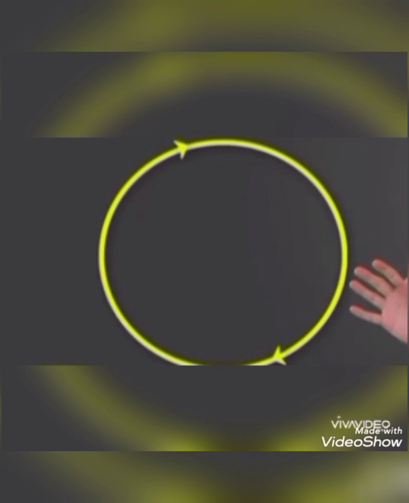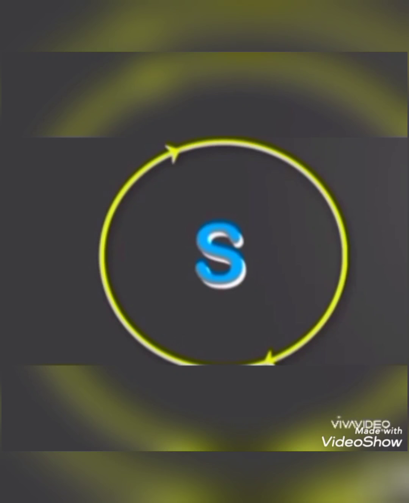Just like a coin has one side head and the other side tail, one side of a circular loop is the north pole and the other side of the circular loop is the south pole. Which side of the circular loop is the north pole and which side is the south pole? How can we identify this? When you are looking at the face of the circular loop and the current is flowing in the clockwise direction, as shown here, then it is the south pole. When the current is flowing in the clockwise direction, then that face of the circular loop is the south pole. And when the current flows in